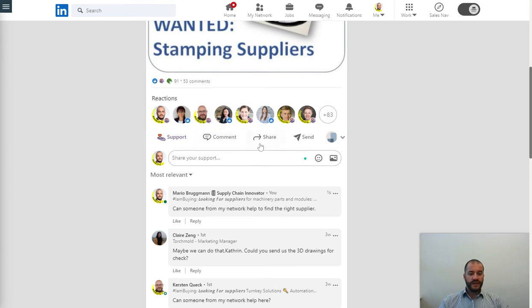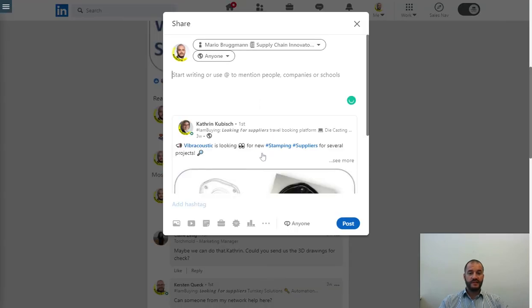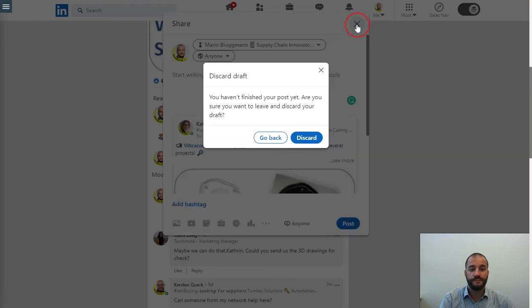Even more important is not to use the share function. By the share function, I could basically reshare and make Catherine's post my own post. And while intuitively this will be the biggest support you can provide to someone, in LinkedIn that's obviously not the case. It's not like Twitter, where the share function is very valuable. The share function is very invaluable and will actually reduce the reach of the post a lot. So because we want to do Catherine a favor, we are definitely not going to share.